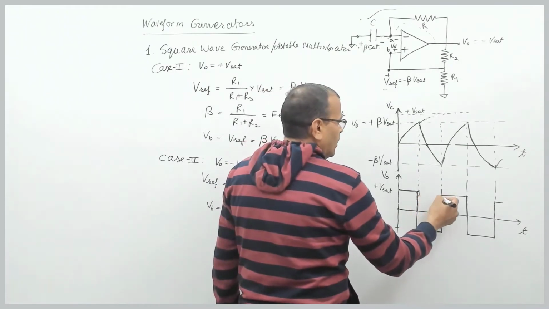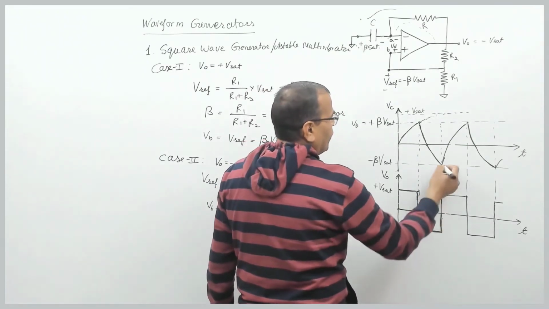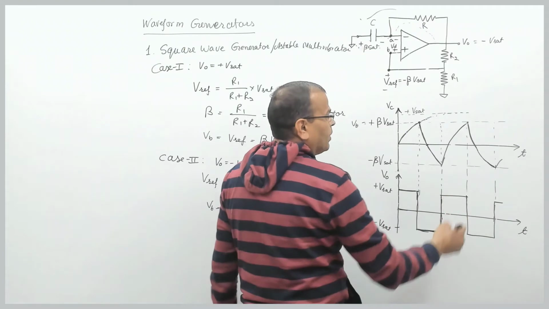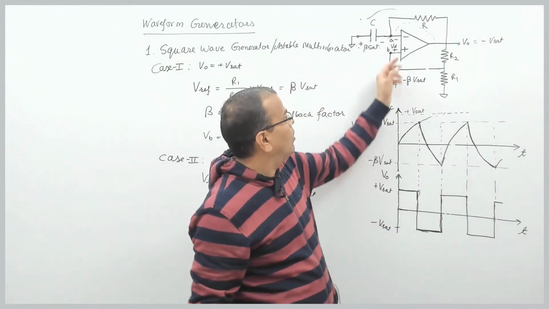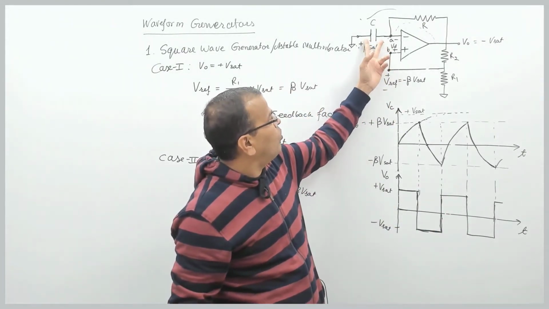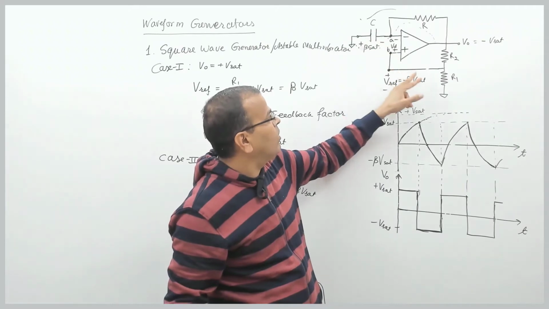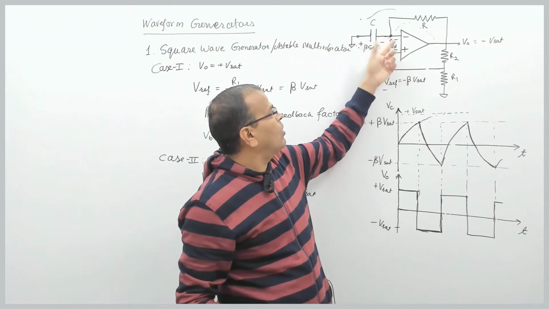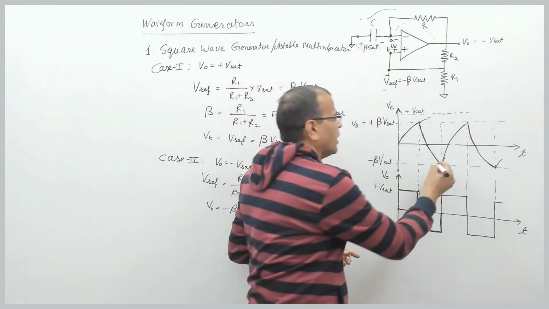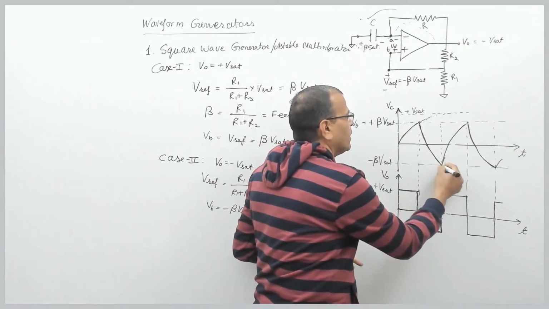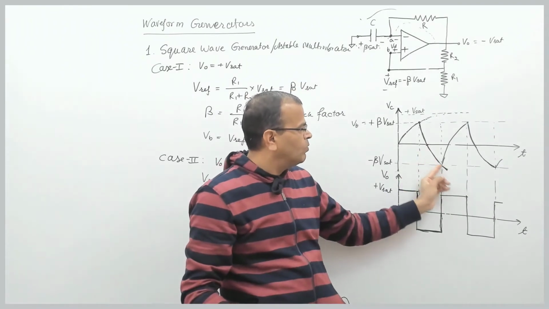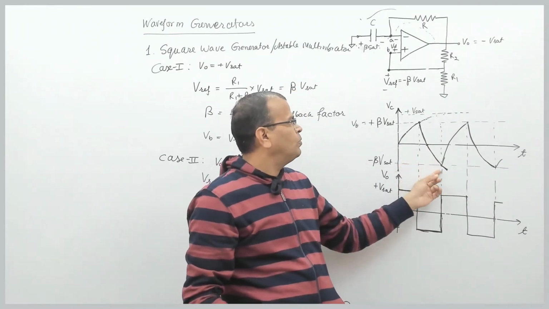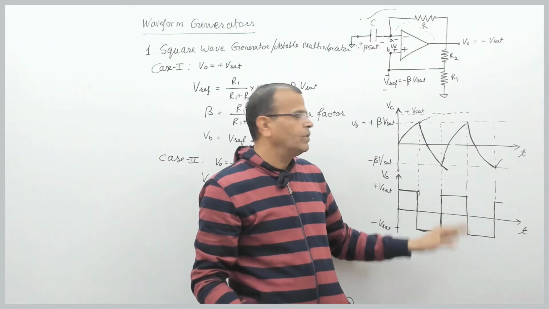Your output changes from minus V set to plus V set. Why? Because when this voltage becomes more negative than this. Why? Because when output is minus V set, it's minus beta V set. So when it becomes more negative, the voltage across the capacitor tries to become more negative. When the capacitor voltage tries to become more negative than this, output suddenly changes from minus V set to plus V